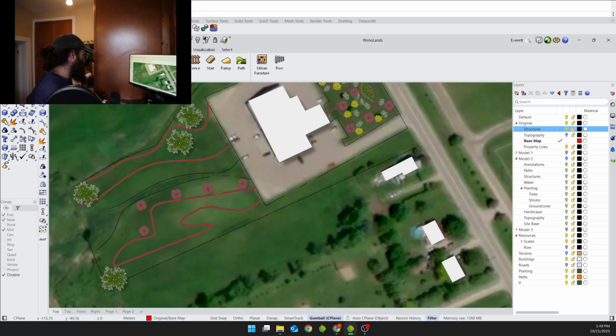4, 5, 6, 7, 9, 10, 11, 12, and we'll do 15, 16, 17, 18, 19, 20, 21, 22, 23, 24, 25, 26, 27, 28, 29, 30, 31,